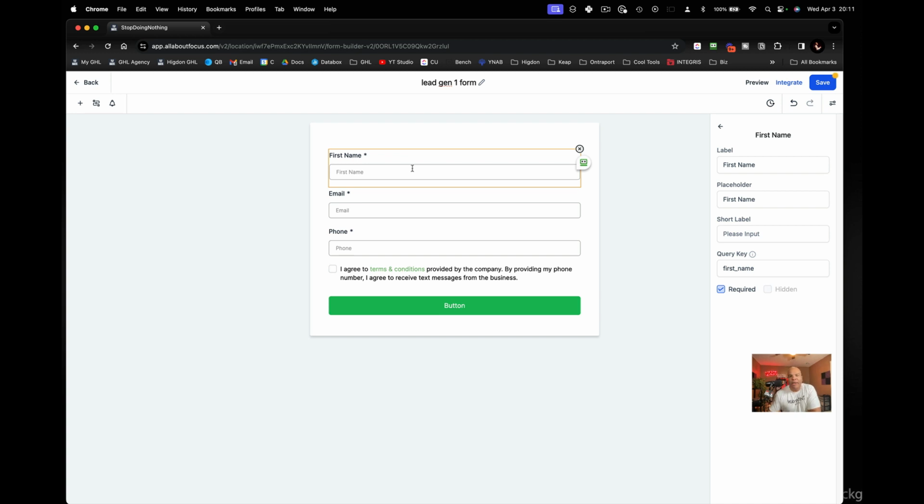Now, if I would have thought ahead a little bit about this, I would have also added a qualifying question on here. Personally, I don't like just getting their basic information. I like asking them a question about their needs, about their wants. It could be a simple radio button, it could be a simple checkbox, but some way to segment your list. We always talk about list segmentation, where you can't segment a list just based on their email address and phone number. Obviously, you're going to segment them by what they opted in for, but I also like asking them a